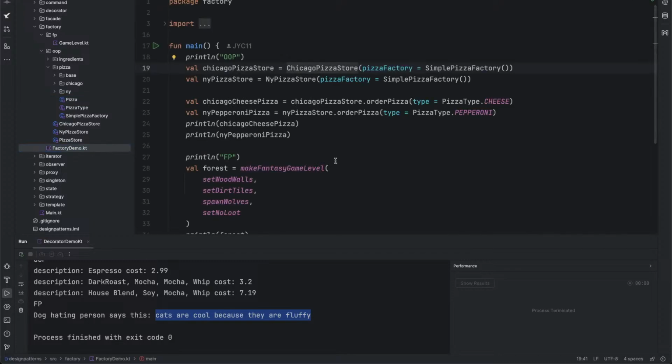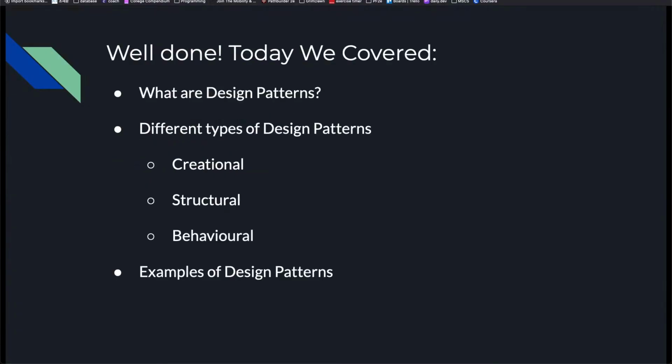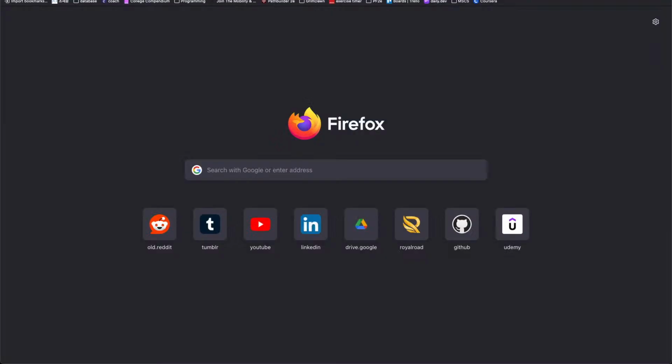So yeah, these are all the patterns that I managed to cover today. Does anybody have any questions on the creational patterns? No questions. Okay, cool. So yeah, that's it. This is the end of the presentation. These are design patterns. We covered creational, structural, and behavioral stuff, and some examples of design patterns in OOP and functional style. If you want to look up more stuff in much greater detail,